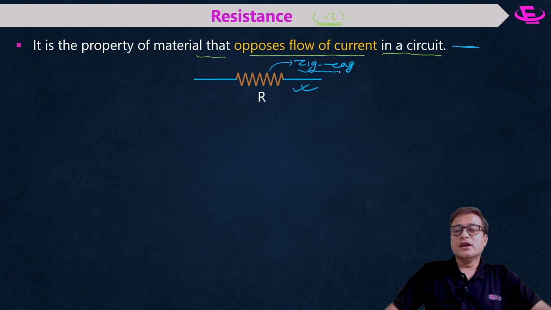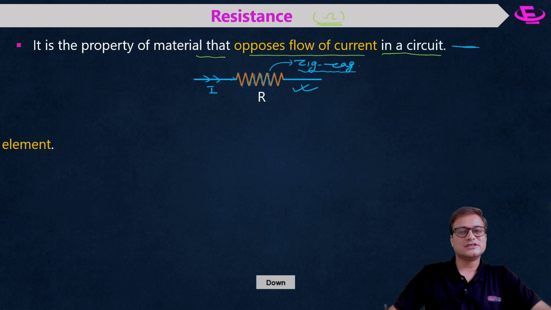Now, in an interview, they may ask you why the resistance symbol is like this. What will be your answer? Your answer will be: this is current I, and its job is to oppose the current. So opposing the current means the path is shown as zigzag. If you show the path like zigzag, anybody can see that there is some resistance to the flow of current. That's why its path is zigzag.